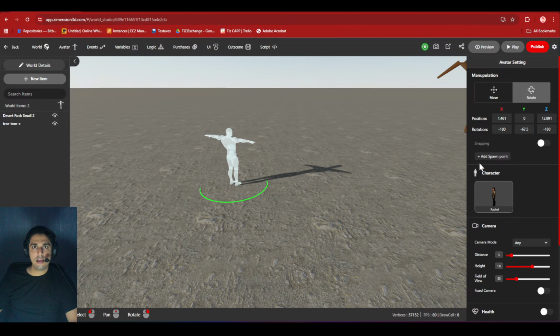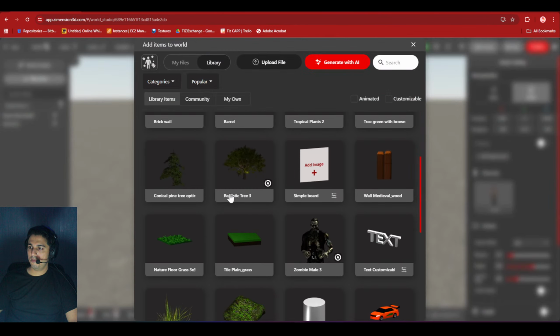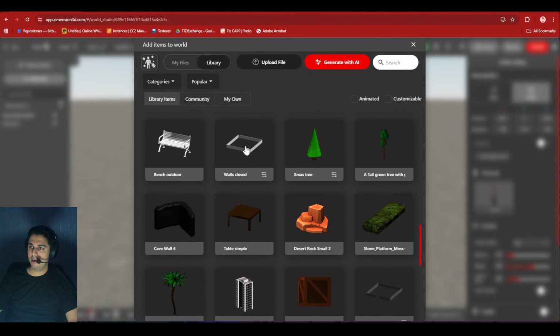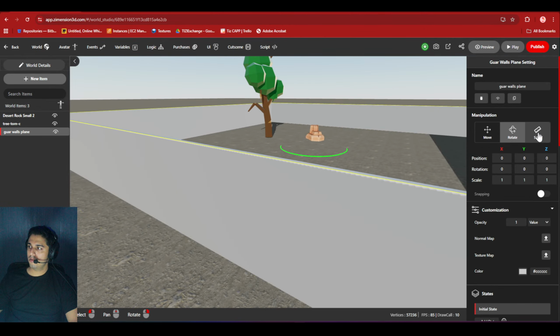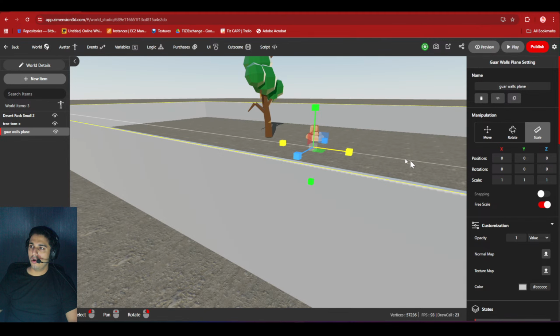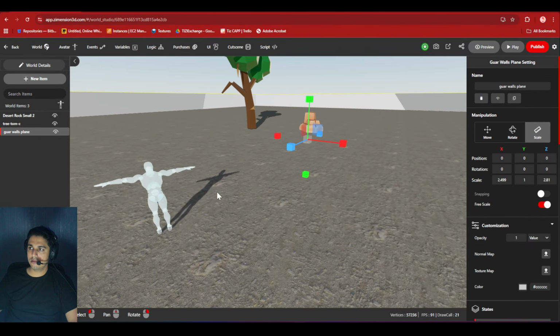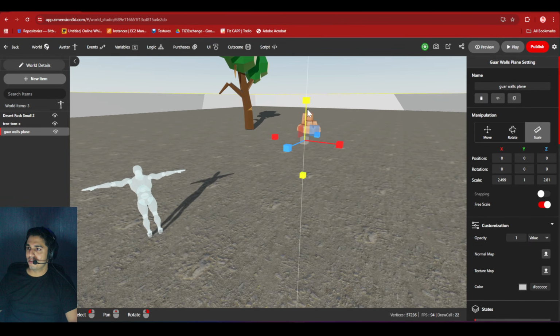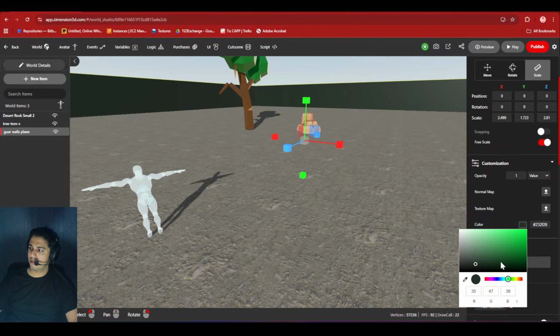So spawn point, what exactly is a spawn point? A lot of times you guys have to either add a checkpoint or you want to teleport your avatar. So let me do one thing. This looks pretty open. Let's make it confined. I will add a wall. Wall is basically a very good way to define the place of your game. Also, it doesn't give you that infinite ground view look like there's flat earth all along. So I'll just add this wall and give it some color, maybe greenish color.